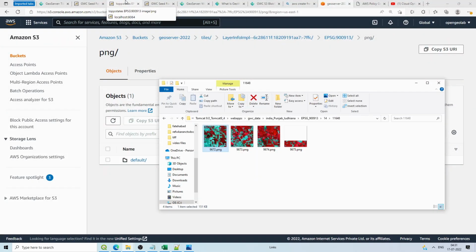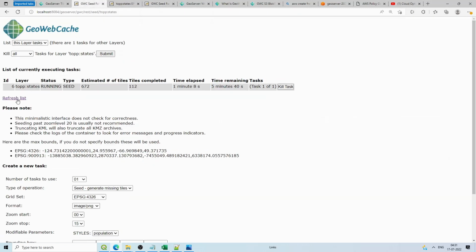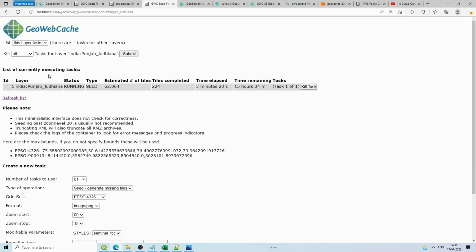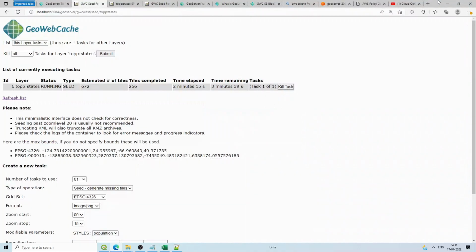So now I will show you how to render it onto the web map. By the time it is generating these tiles, let it generate the tiles. We will just see how to publish them onto the web map. Okay, we'll see that. This is the tile you can see here. Small tiles it is creating. So for that what we will do,